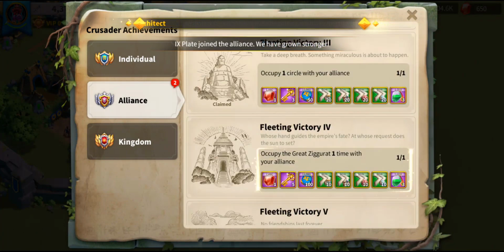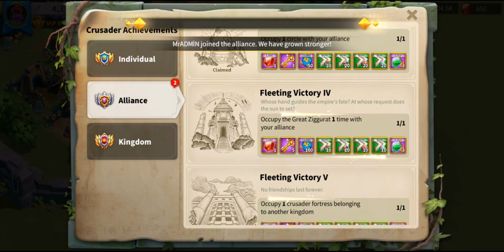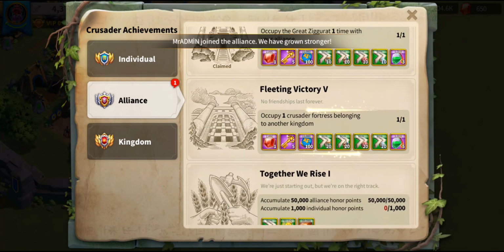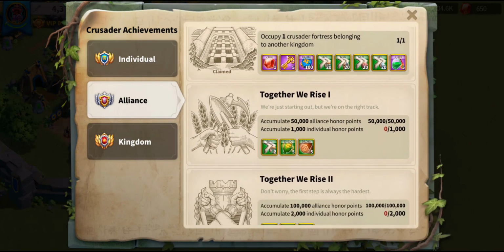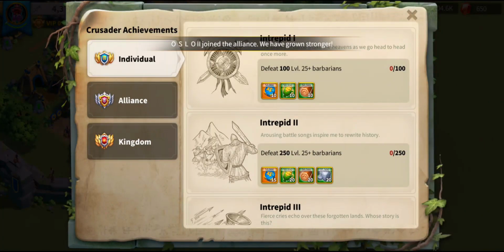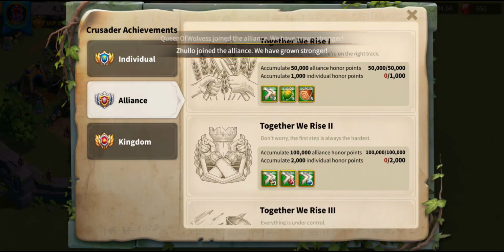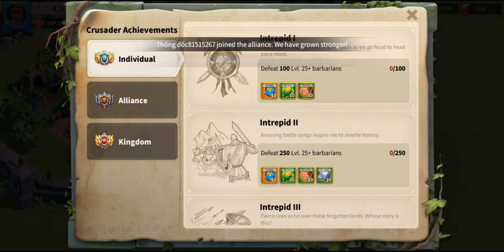Occupy 1 Circle with your alliance, another 1,000 gems, bunch of keys, speed ups. Occupy the Great Ziggurat 1 time with your alliance, 2,000 gems, keys, speed ups. Occupy 1 Crusader Fortress belonging to another kingdom, another 2,000 gems, 5 keys, and a bunch of speed ups, and Commander XP tomes. So those are the KBK rewards I got for joining this alliance